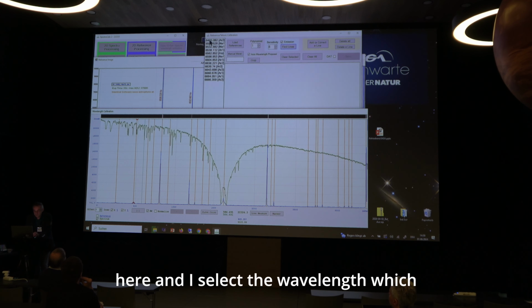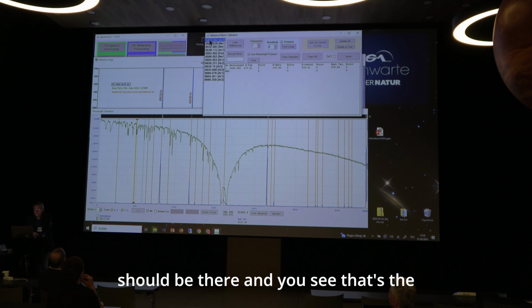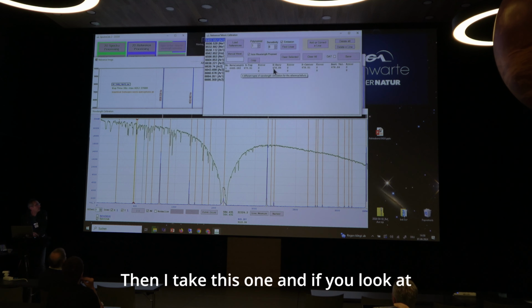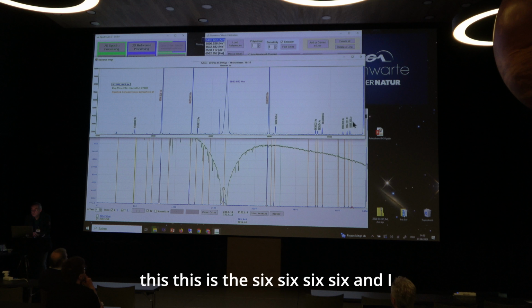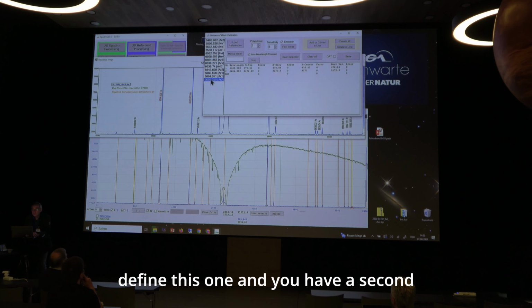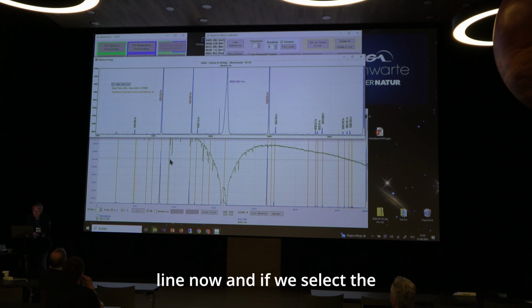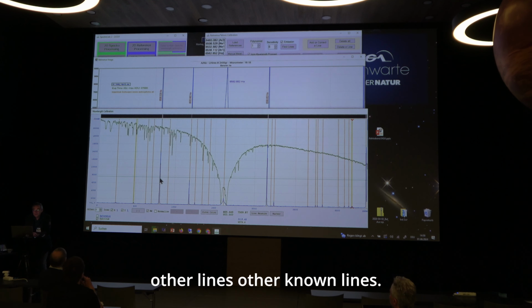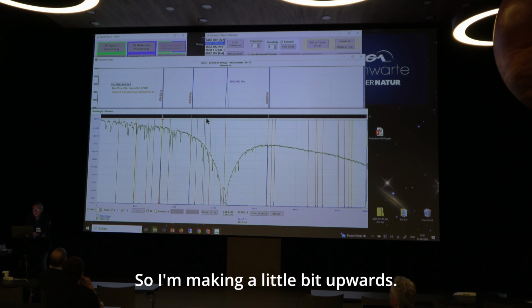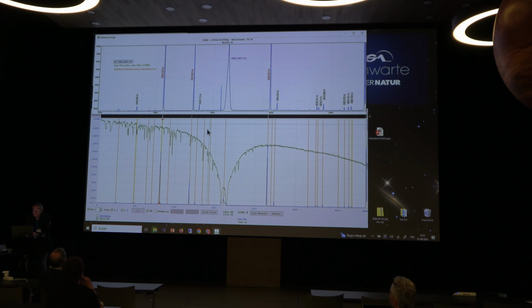And I select the wavelength which should be there. And you see that the first line is filled out. Then I take this one. And if you look, this is the 6666. And I define this one. And you have the second line now. And if we select the other known lines, so I'll make it a little bit upwards, then